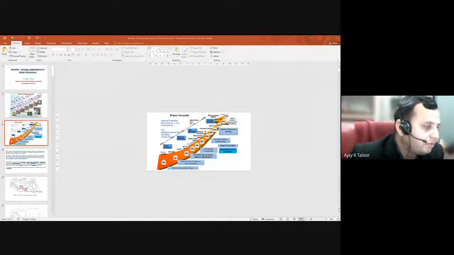Then the third water is the frozen water, or you can say the snow or glaciers. Several schemes have been proposed to make use of icebergs as a water source. However, to date, only a few things have been done for this purpose. Glacier runoff is considered to be surface water. The Himalayas, which is also known as the third pole of the world,